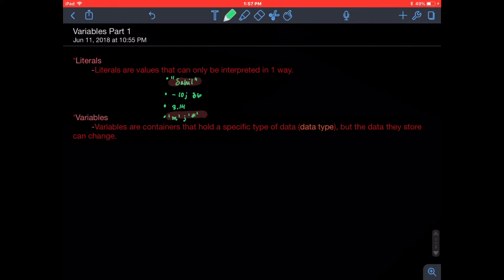So variables are containers that hold specific sorts of data or data types, but the data they store can change, and we'll get into that in a minute. But let's look at the first part. Variables are containers that hold specific sorts of data, and those are known as data types. So what are data types? There are two main sorts of data types: primitives